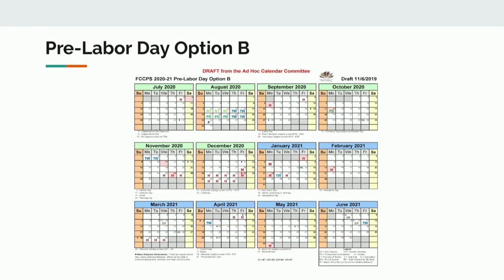So the other thing to look at in each of these calendars, if I can just get 2 other kind of points of privilege. The committee was really thoughtful and really listened to everyone else's opinions, which was really great because this really was a complex thing for them to balance out. I think building a calendar seems really easy until you have to do the stickies and figure out it's really not. So all of our calendars, you notice they're ending midweek. So our students aren't ending their last day on Friday. In this example, pre-Labor Day option B, the last day of school is Thursday, June 10th, for example. But students don't go all the way to Friday. And in every